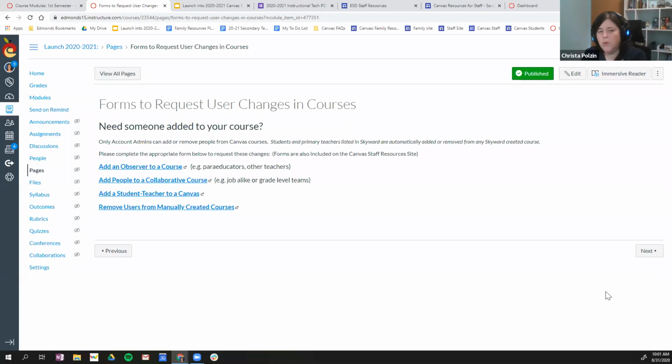if you want to add, for example, you have a paraeducator and you want to add them to observe your course, you can make that request, as well as if you want to create a manual course that you collaborate in with a grade level team or content team, you can select the add people to a collaborative course, because you, as a teacher, you're not able to add and remove people, but your instructional tech coaches can. So this is the way to request that,